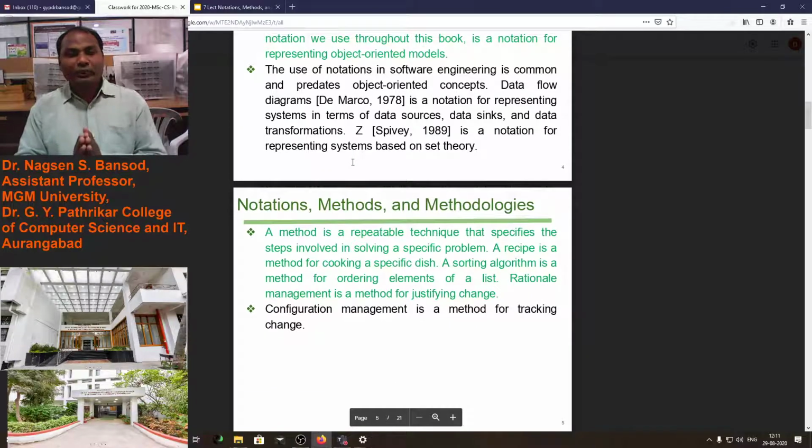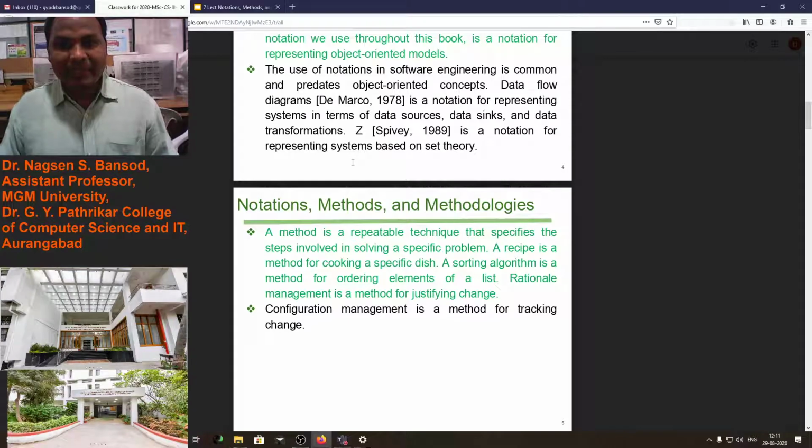The use of notation in software engineering is a common and predates object-oriented concepts. The data flow diagram, from the book published in 1978 by DeMarco, is a notation for representing a system in terms of data sources, data sinks, and data transformation.